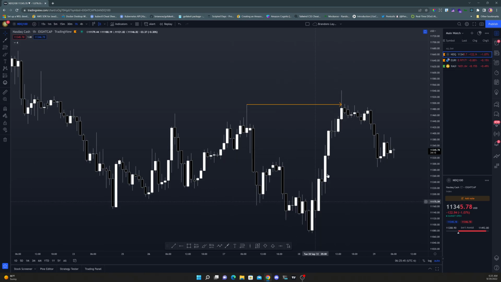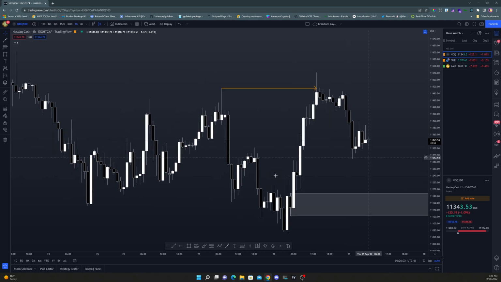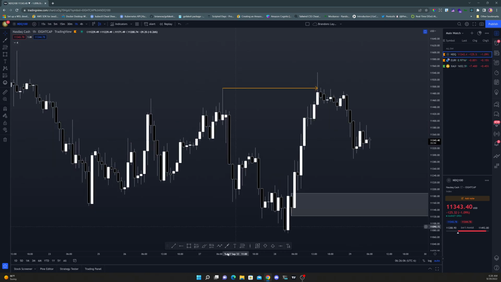That means theoretically we want to see where this break came from, either from this zone or from down here. Let's take this lower point and say we'll take that as a demand. Because we see it start to come down here, comes up, comes down, comes back up. So what we're seeing is this break of structure here, and then it breaks up finally